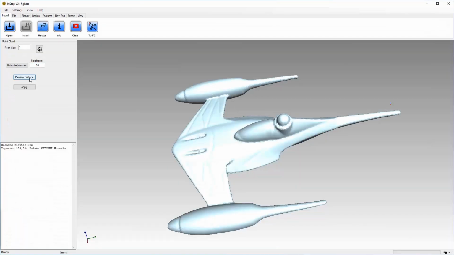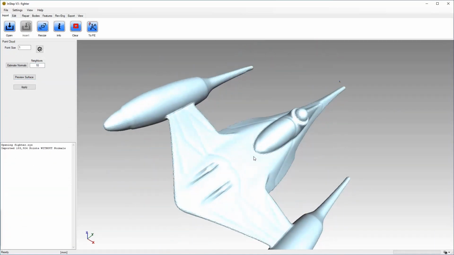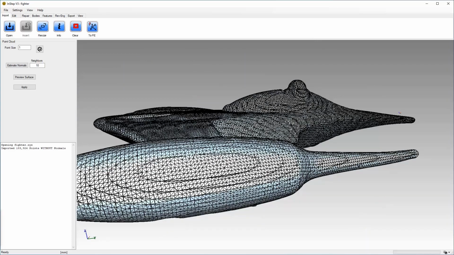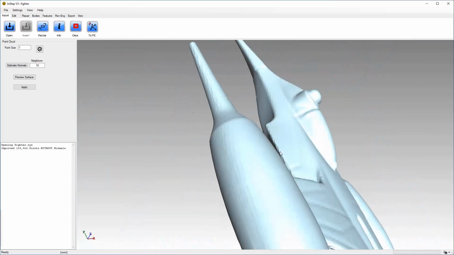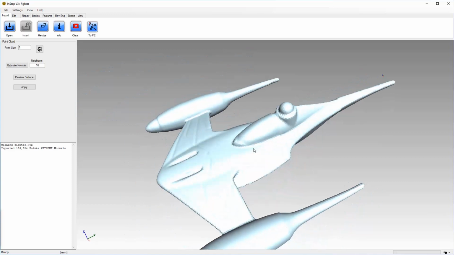Once this process completes, the display will update and we'll be left with a body consisting of all the surfaces that were just generated. We can show the edges, and we can take a closer inspection at the underlying data. And in this case, this looks quite good, and this would generally be useful. We're going to go ahead and change the settings to a different method.